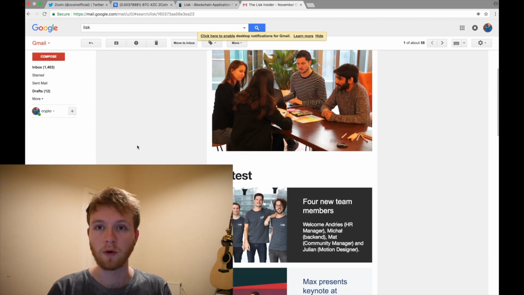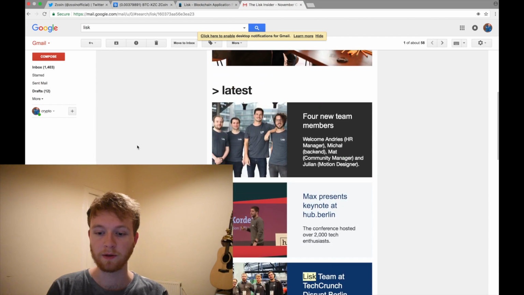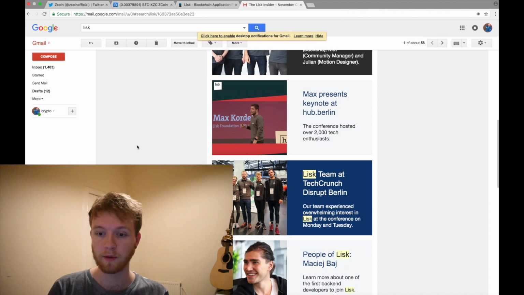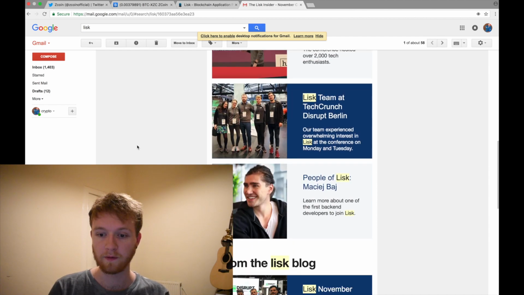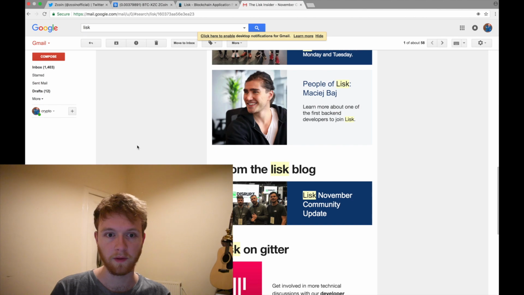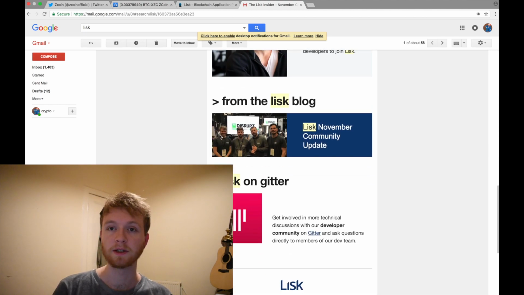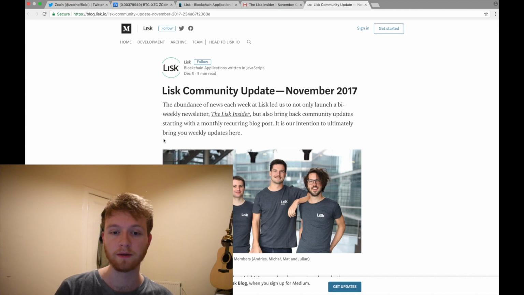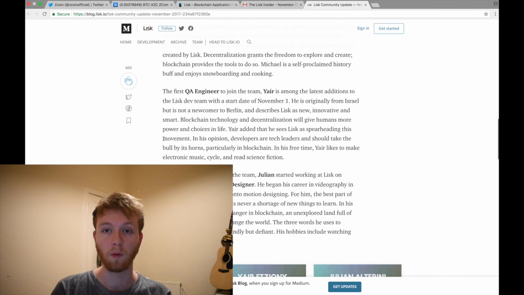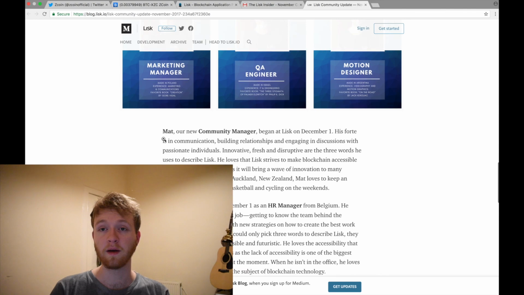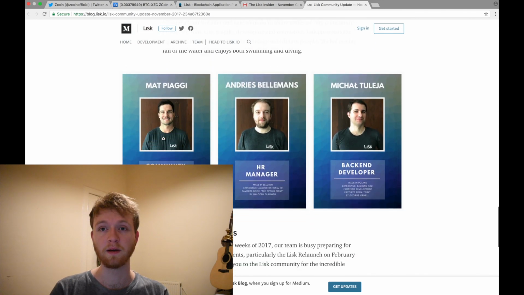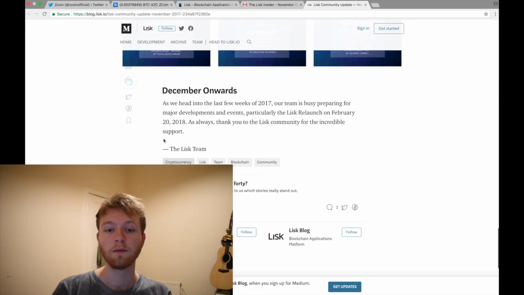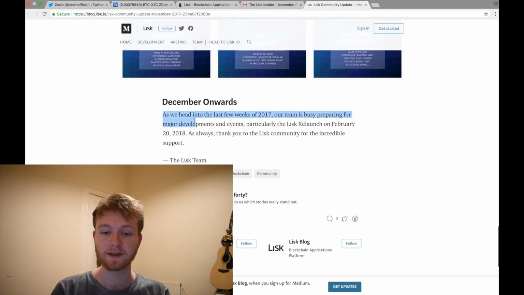Here we go, so this is what their updates would look like. So they recently recruited more team members, they were featured in a few conferences. Here's a community update. So if you're a news-based trader, then newsletters and updates like this can be really handy, as there is often glimmers of updates before they actually announce them. They'll often just talk about what they've been up to. The December updates here are a little vague and not very descriptive, but you know, in the past they've given